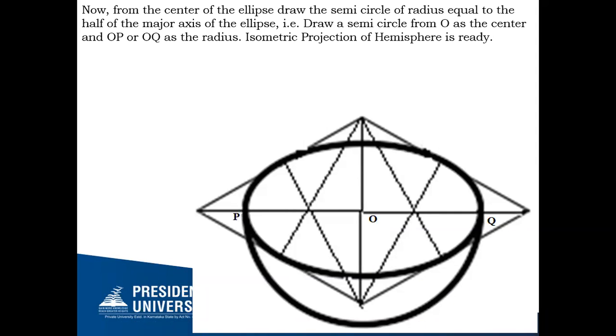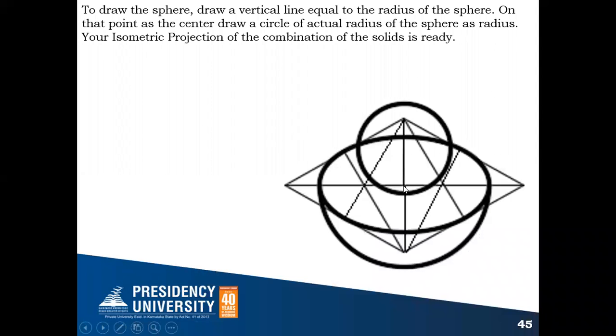So you take the next slide. I'll show it. So from here to here, somewhere else you may get here. This is the center. So from this as the center, now observe the cursor. From the center, you take the isometric radius as the length and cut it here. You may get the center somewhere here. Now, the actual radius of the sphere. Because once again, I'll repeat this every time: only for the sphere, you have to take the actual dimension in the isometric position. For the rest of the dimensions, you have to take the isometric length only.